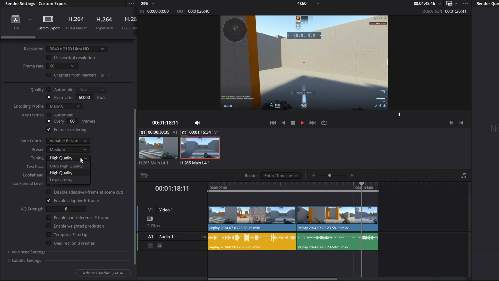Tuning adjusts how the encoder prioritizes speed, quality, and latency during export. For tuning, just leave it at high quality. You can also choose the ultra high quality option, but it's not necessary. That's because it will take twice as long to encode the video as the high quality option for a minimal